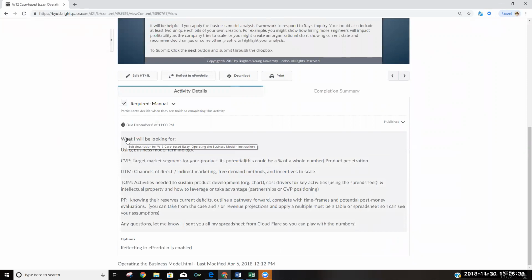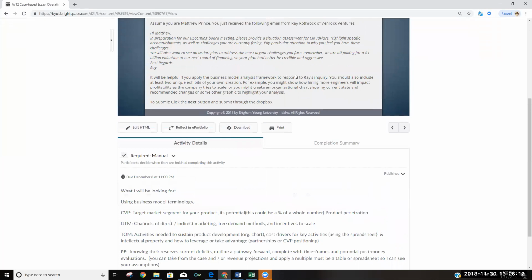It's kind of like having the rubric in advance, but instead of it being strictly on our standard rubric, I thought I'd go into a little more detail. So I'm going to be looking for that you use the business model terminology and that you understand each area. Now, I've given you examples of things that I would like to see, but how you interpret that or how you apply it is going to be unique, and everybody will have a unique perspective. So I didn't go into a lot of detail on what I want, but these are just some ideas using the business model of how you could structure this paper to answer the question, to present the facts that may be persuasive to our venture capitalist Ray.